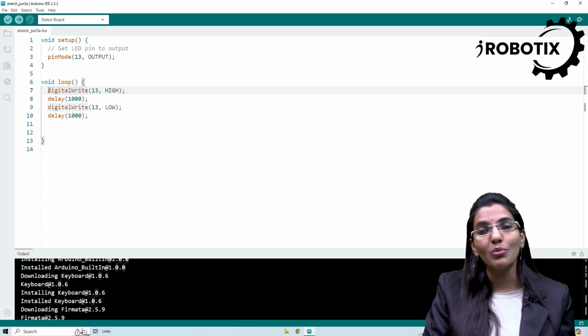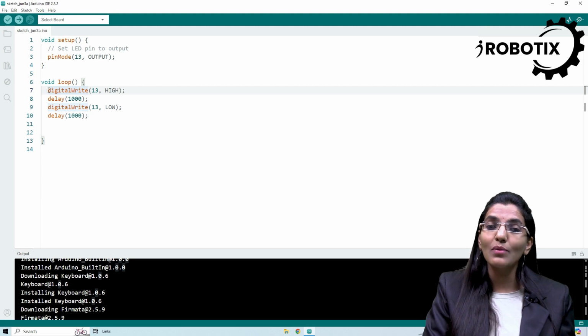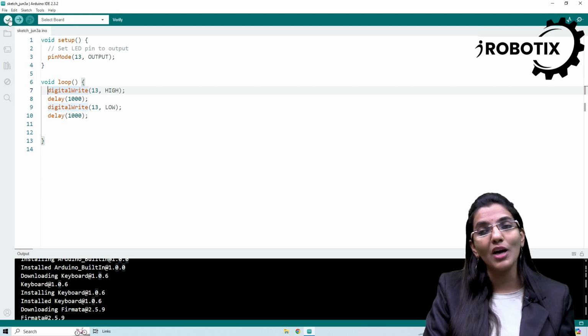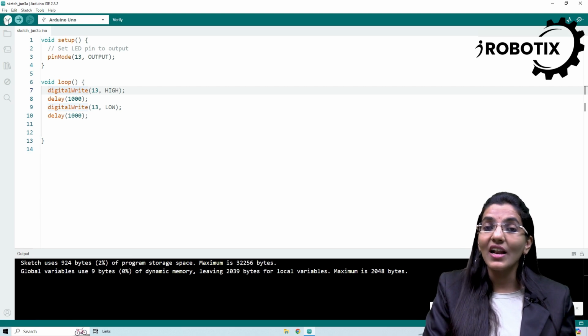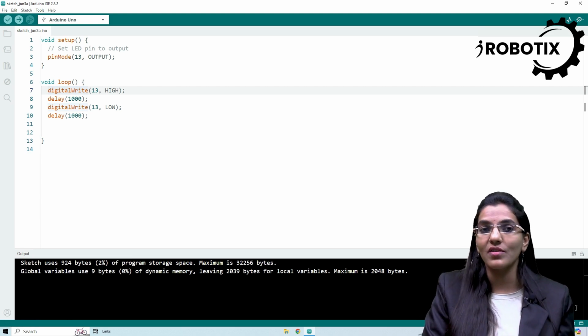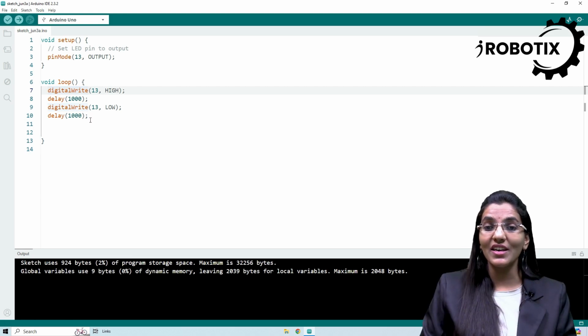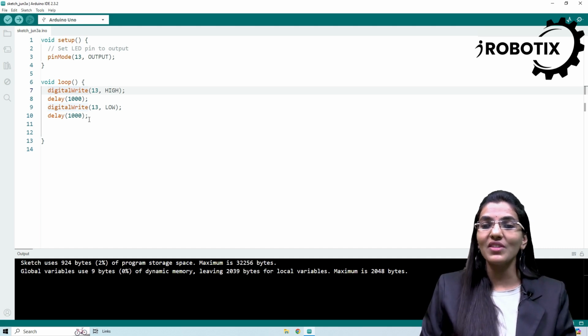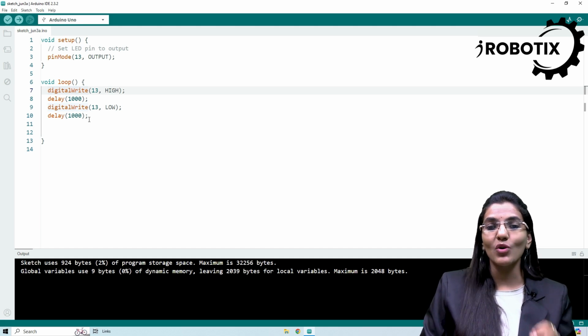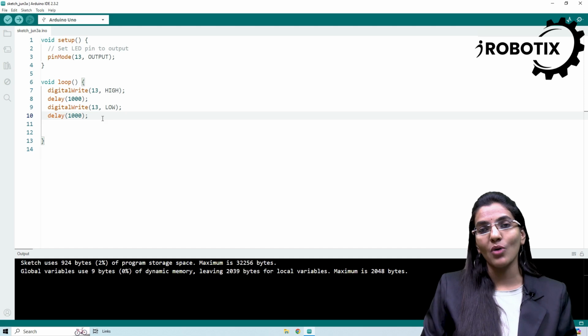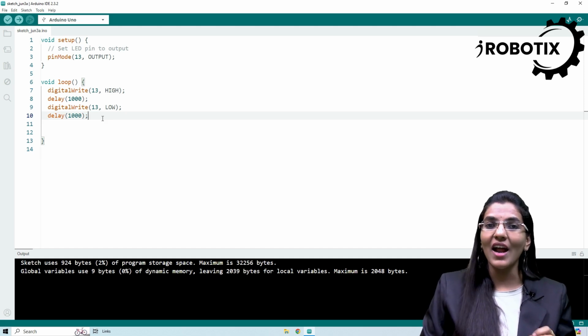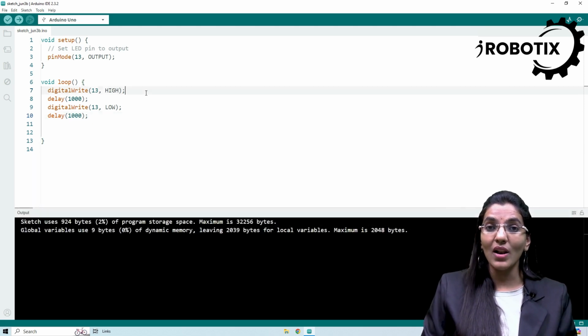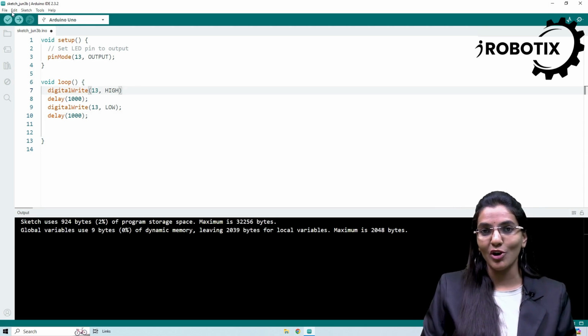So now we can upload this program to our Arduino board. The first thing I am going to do is compile it and see if we have any error. You can see here, done compiling. If you have this, it means it was successful, and you have some information about space usage and so on. Now let's say that I forgot the semicolon here